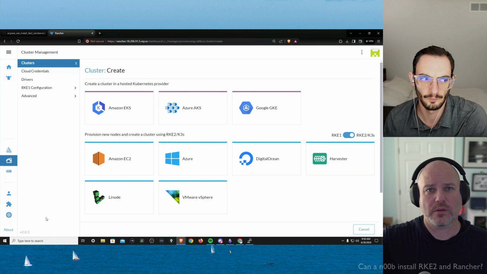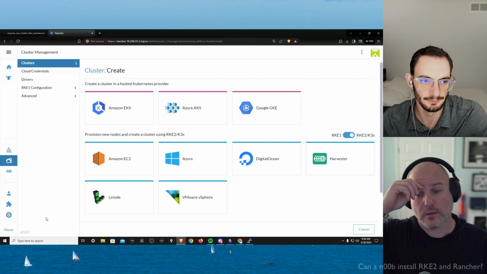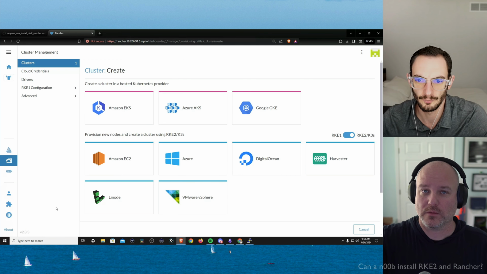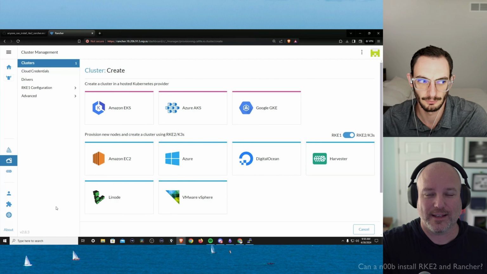Are you a dark mode guy or a light mode guy? Usually dark mode. This is important. I'm going to show you. Don't change the setting because I like light mode in videos.